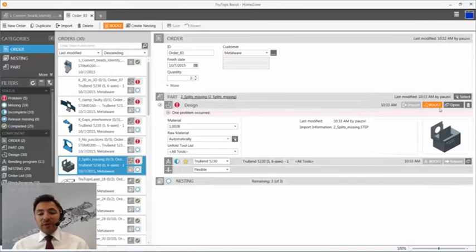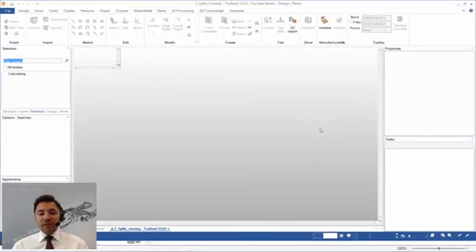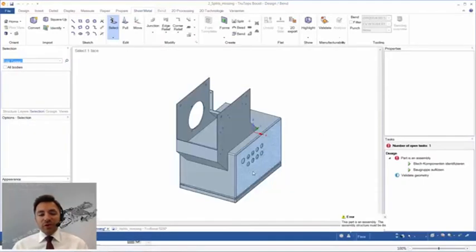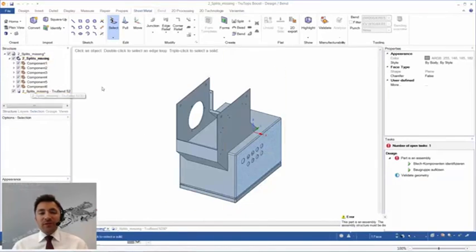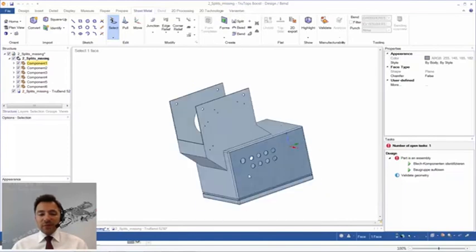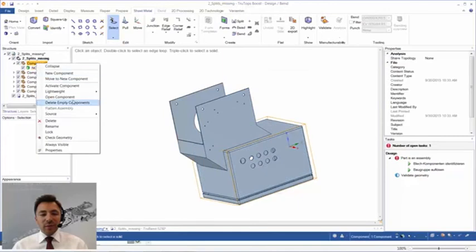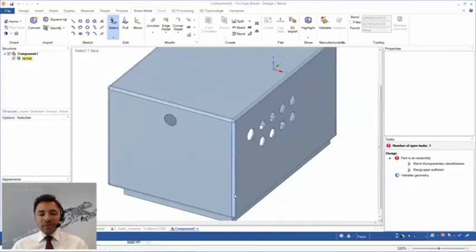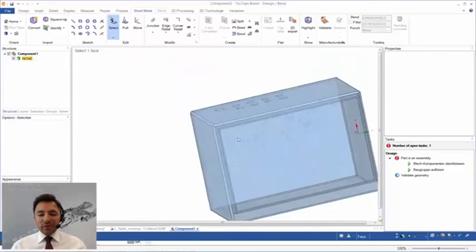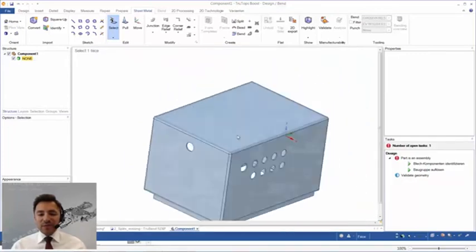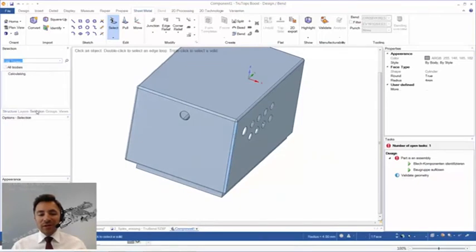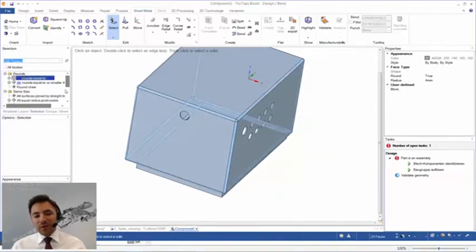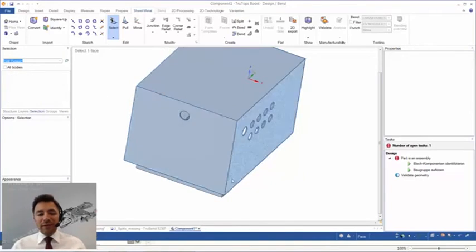So our second example would be that assembly we just opened up. If we check the structure tree, there are 6 components, and I'd like to unfold that part. So I locate it within the structure tree and open up that component. As you can see, there are quite many rounds. There are no splits and it doesn't seem to be a sheet metal part, but it's very easy actually to repair it. So I just select the 1 radius and I look for all equal radiuses and press F for fill,